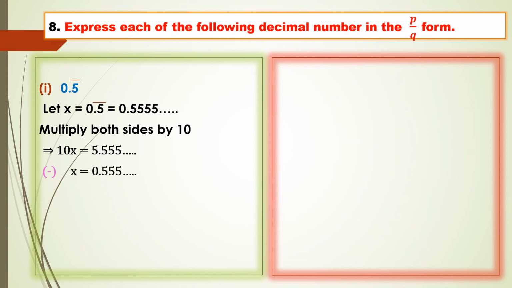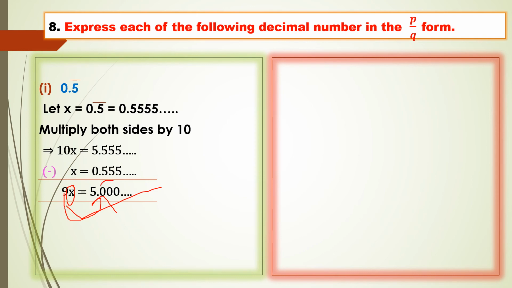So here, by 10 means 1 0, I'm multiplying with 1 0 here, so 1 five will go in front of the decimal. Now you subtract this x from the 10x, so 10x minus x is 9x. Always subtraction should be done in this way, not in this way. Addition or subtraction will be done in this way. So 5 minus 5 is 0, here also 0, here also 0, here will be 5. So your next step will be like this: 9x equal to 5. Now simple, x is equal to, send this 9 to the denominator, 5 by 9.